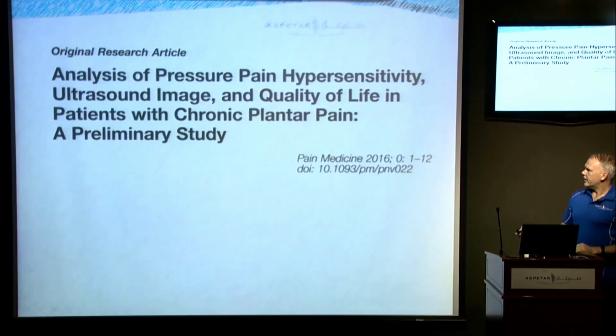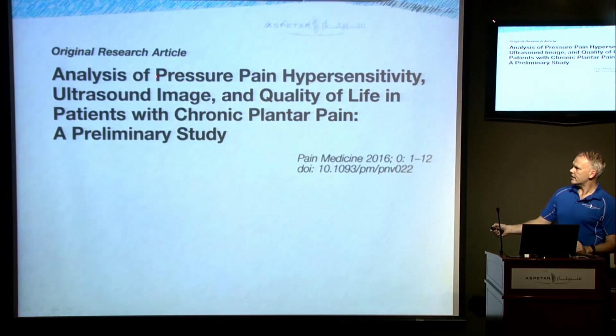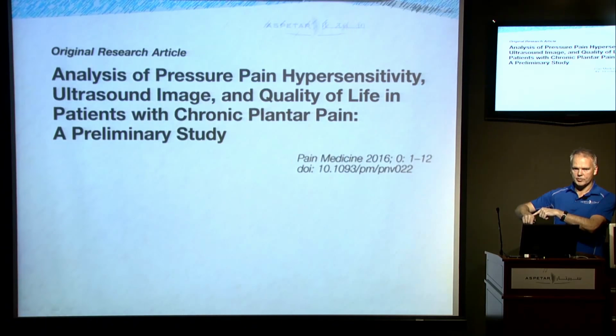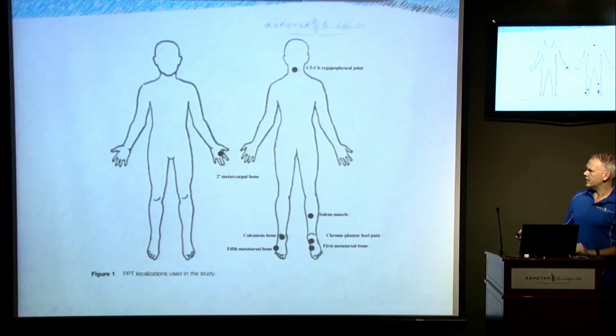If we think about this sensitization, one of the ways that it commonly gets measured is by seeing how much force somebody can put up with at a certain point before they say, no, stop, that's painful. And this is a pretty common way to measure it. There's lots of research on this. I only put this paper in because it was published on the weekend and it caught my eye. So these guys got 44 patients who had chronic plantar fasciopathy, and they measured this pressure pain threshold at a bunch of different places in their body, on the injured and on the uninjured side, and on healthy people on both sides.